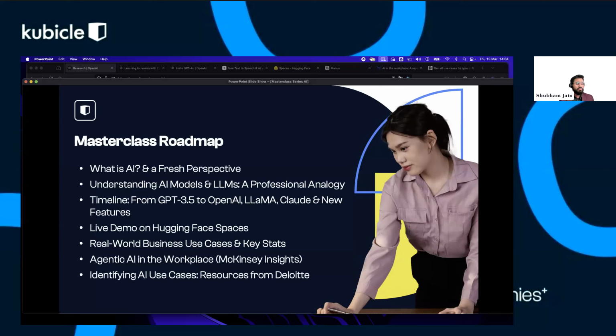In today's class, we are going to discuss what is AI. Now, I'm pretty sure you've seen many definitions of AI, but really, we're going to see a fresh perspective on what AI really means and how it impacts you as well. We'll understand AI models and LLMs. We'll also understand the timelines on when it really started. So is it all about the hype, or is the hype real as well? We're going to see some live demos of AI applications on Hugging Face Spaces, and you'll be surprised to see how easy it is to identify many use cases on AI using the technology, as well as understand the code behind it as well. We're going to also notice some real world business use cases and statistics, and finally talk